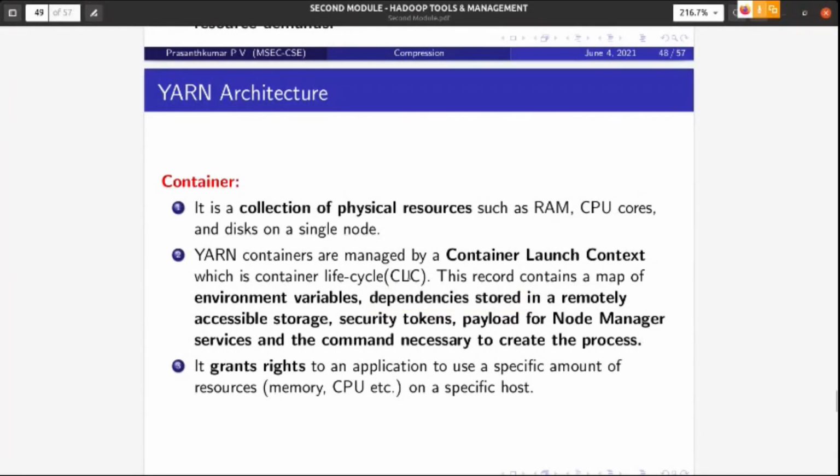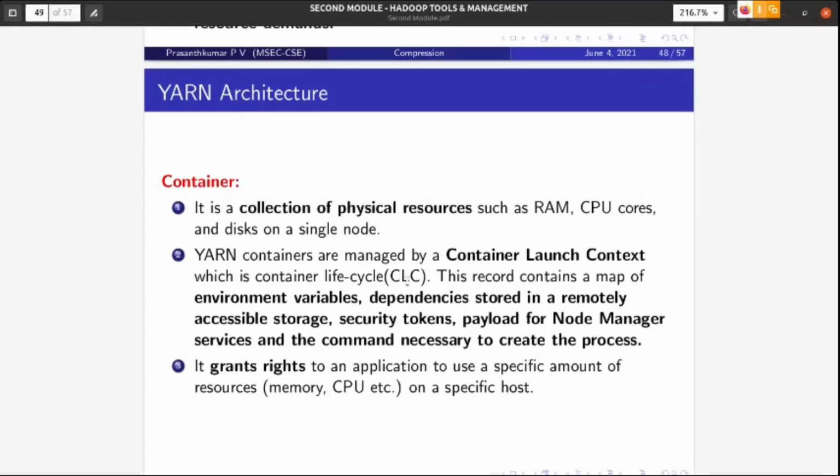That means the CLC contains everything related to that container: how to start it, its privileges and permissions, how much memory, how many CPU cores, how much storage, etc. Depending upon the CLC, the node manager will start that container.